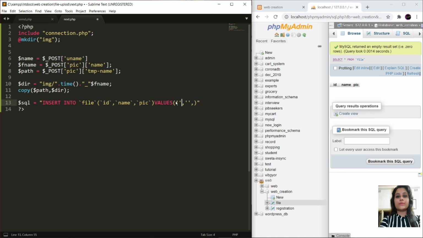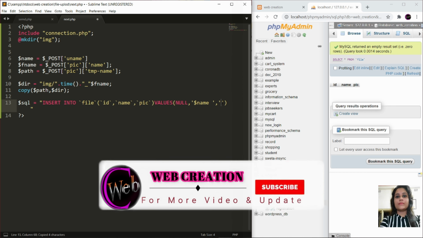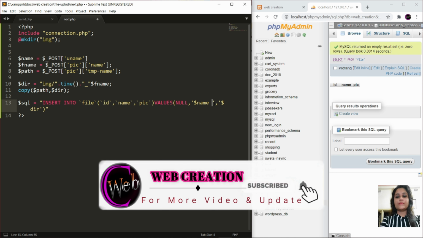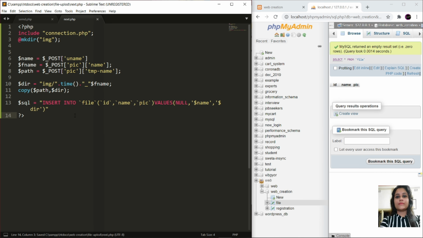Make sure there is no mismatch, and value null for ID. Just copy this above variable and paste in here. Now to run this, $td query $sql.